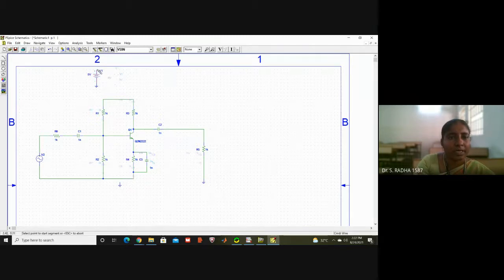I am connecting the positive of this VDC to the circuit. This is called the DC supply for the circuit.